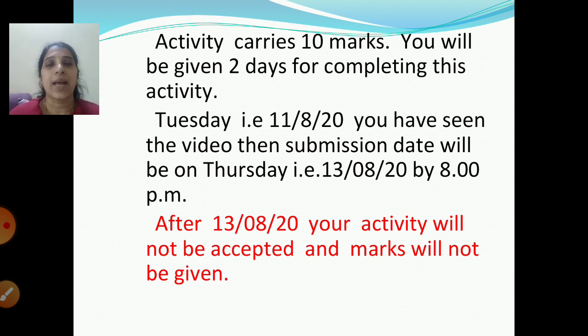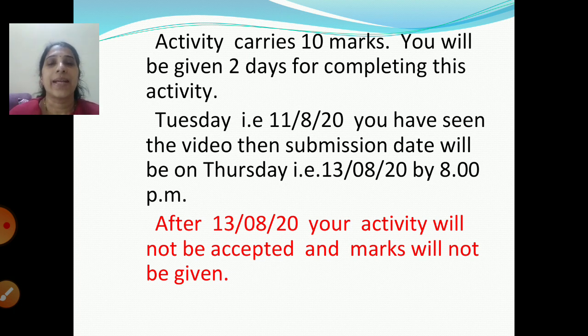I'll just recap. First, your project based on plant structure and function, you are going to upload in PDF format only before 21st August. Those students who have not done it, you have enough time, you can still do it. Then I explained about the activity on disaster management. You are going to write the heading as disaster management, and then a short introduction on what is disaster and what is disaster management.